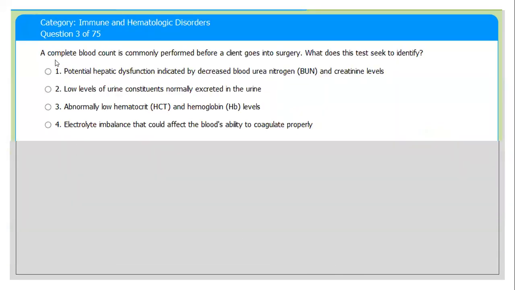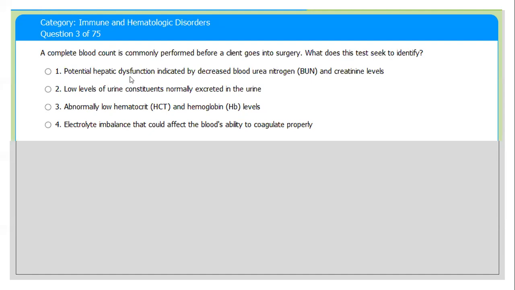Next question: a complete blood count is commonly performed before a client goes into surgery. What does this test look to identify? So the examiner asks this question about the complete blood count, right? It means checking for an increase or decrease in the blood cell count. So number one,